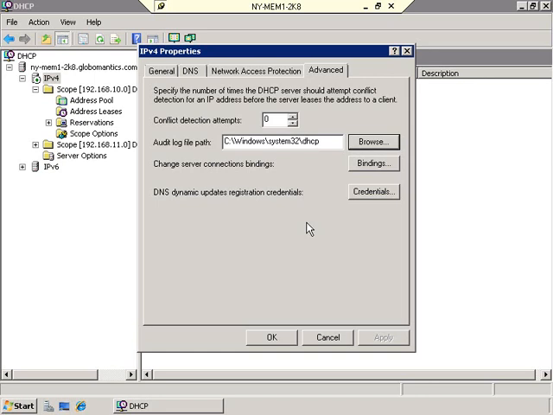Now, another thing I want to show you right here on this advanced tab is right here where it says conflict detection attempts. And here you'll notice it's set to 0. That is the default. The default is that there is no conflict detection on a DHCP server. For the most part, it's not necessary. But if I wanted to put a number in there, what the